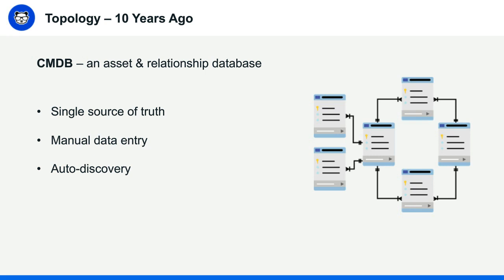Most of our customers still have a CMDB in place. It's essentially a single source of truth around your entire topology, whatever you have in your environment. How would you populate such a CMDB? One of two methods, sometimes a hybrid approach. One would be manual data entry. You would have a team of people actually adding records to the CMDB whenever somebody is deploying a new application